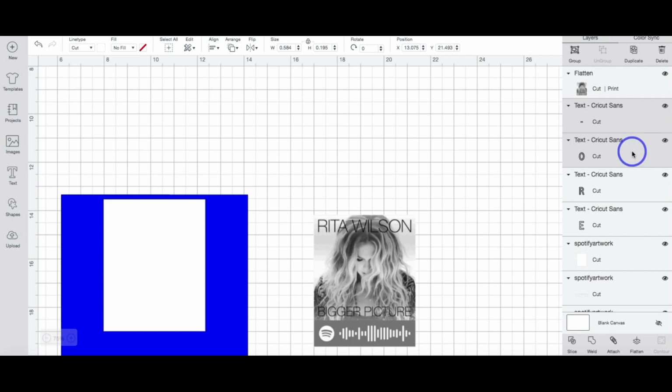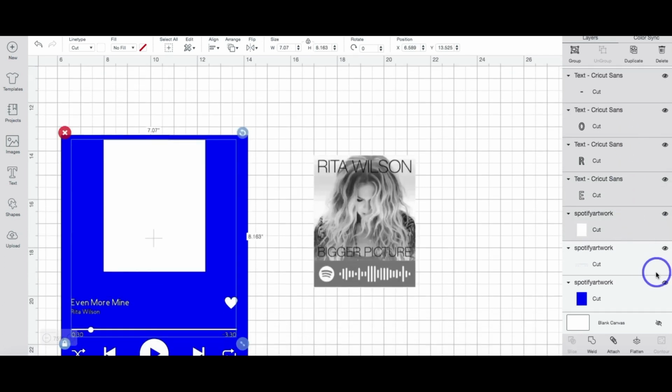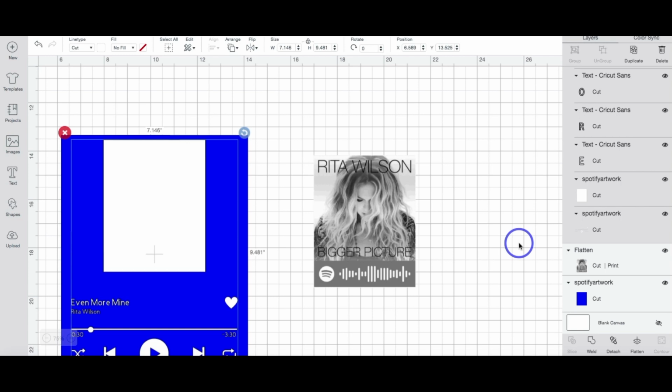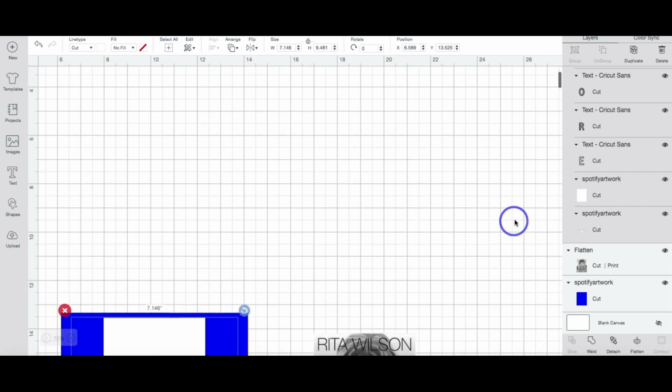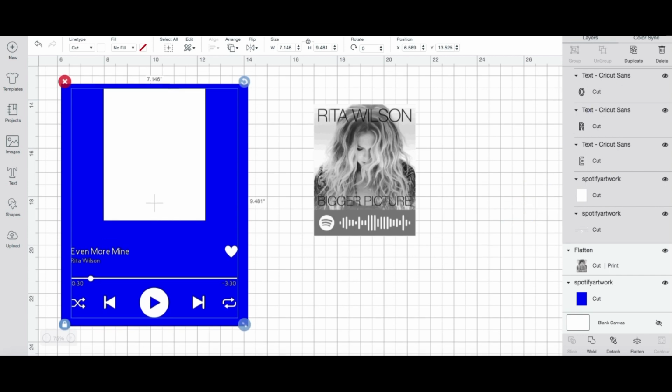And one last thing before we're ready to cut, highlight all of the player buttons and the text that we added and the other rectangle and hit Attach. That will ensure that everything is placed where we want it to be placed. And you can head up to Make It